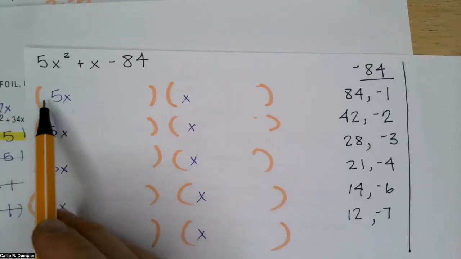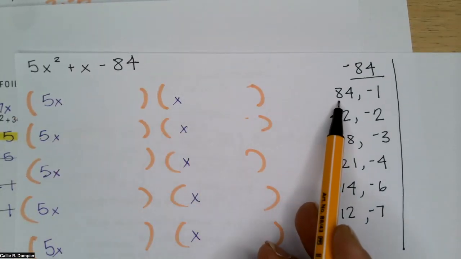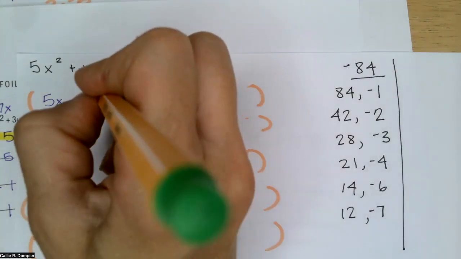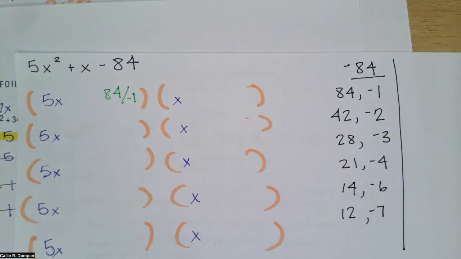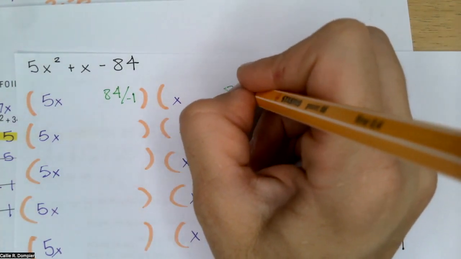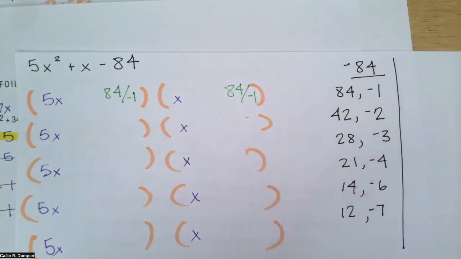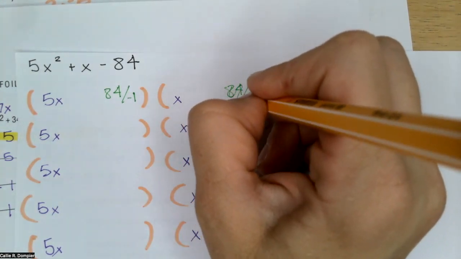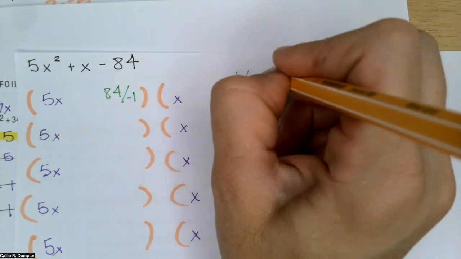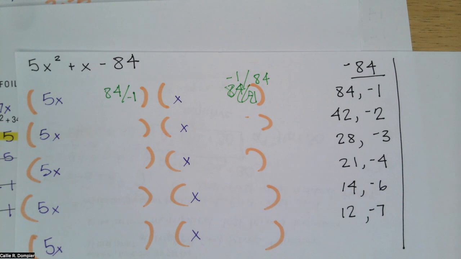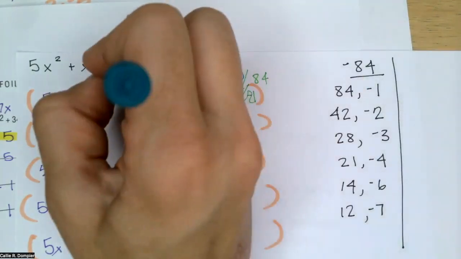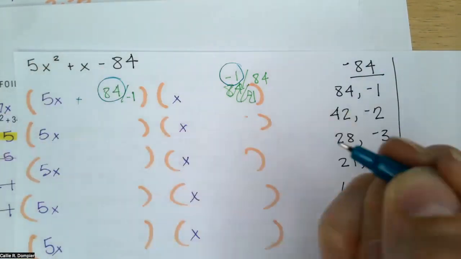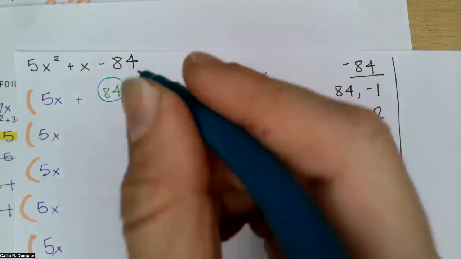So if this is 5x and x for 84 and -1, it's either 84 is here or -1 is here. And then 84 is here or -1 is here. Okay. -1 is here or 84 is here. All right, so 5x